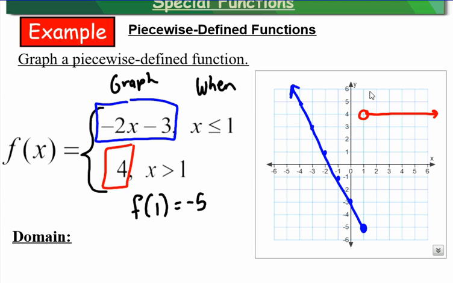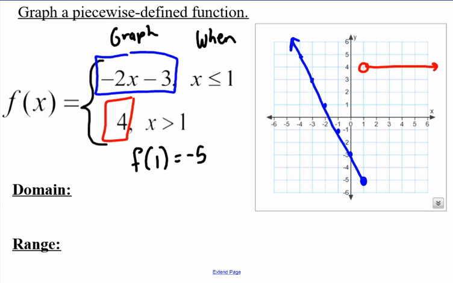So if I gave you an x value like x is 6, I know I'm going to be on the red. If I gave you a value less than 1, like -3, I would know that you're going to be on the blue part of the equation. So the domain is all of the x values that occur on this graph. The graph goes all the way to the left and all the way to the right. So this domain is all real numbers